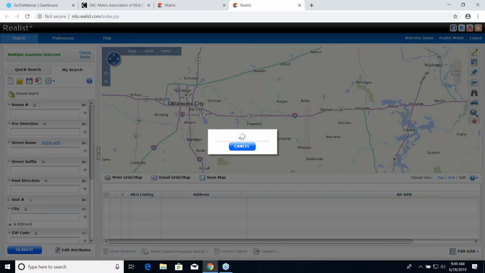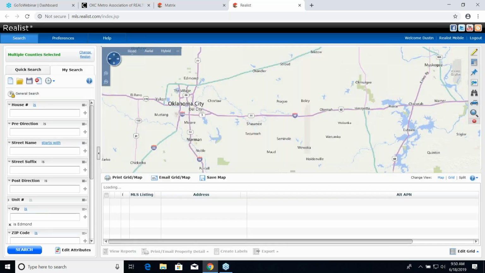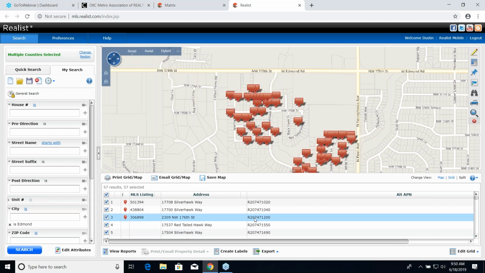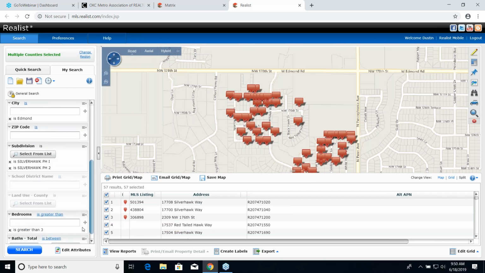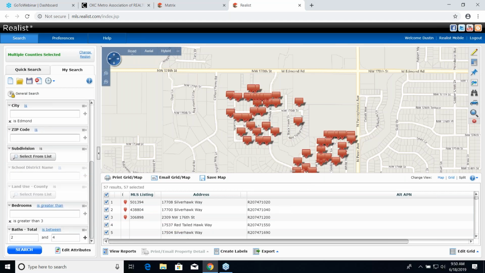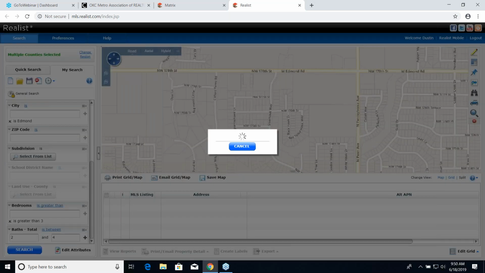Now, depending on how many results your search is going to generate, it might take a second. Also depends on how strong your internet connection is. I tried to do a search that would produce quite a few results, but not way too many. If I do get a search with too many results, let me see. If I remove Silverhawk from the search, just to show you an example,